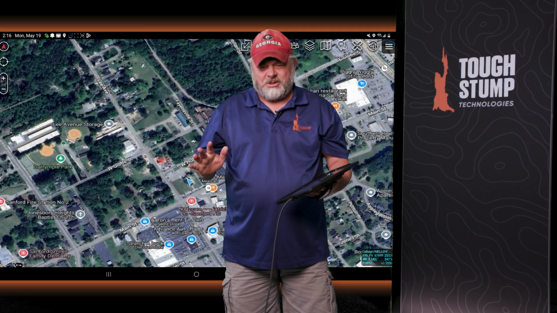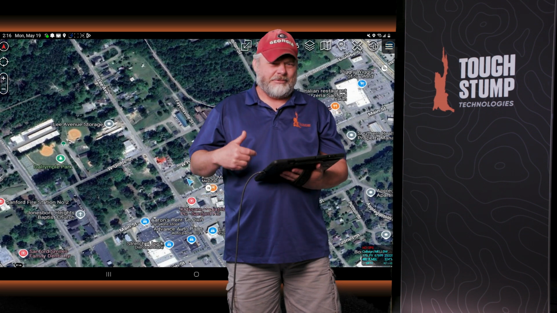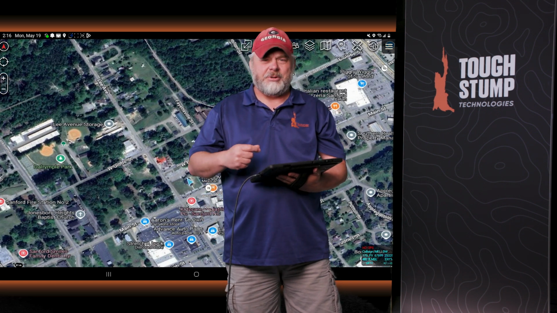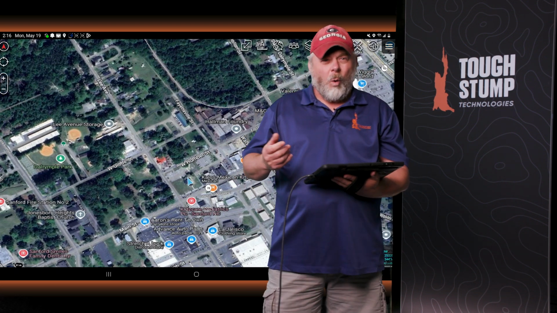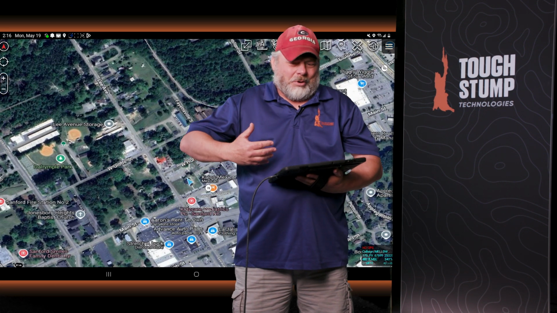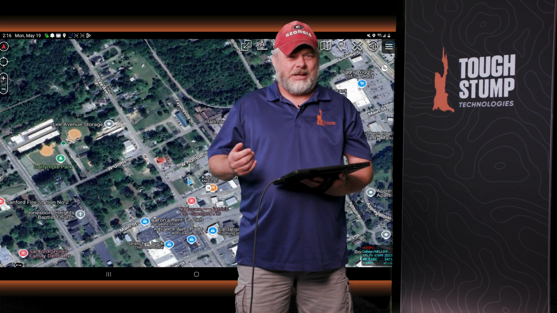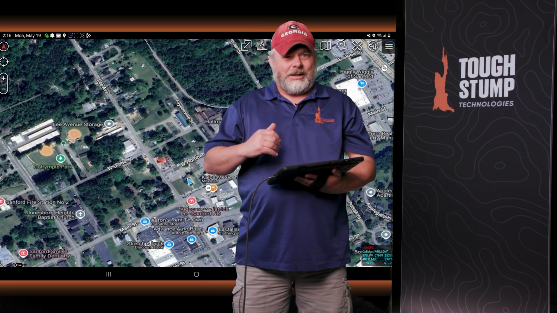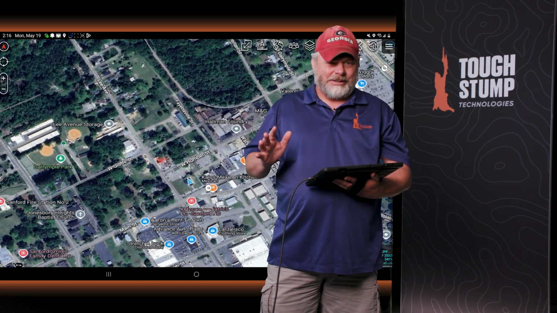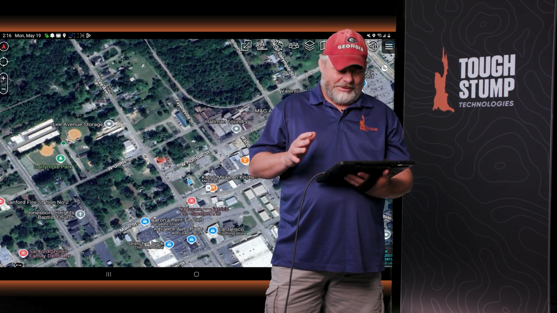How many times have you been in a situation where somebody gives you a coordinate and you need to plot where that coordinate is quickly and accurately? Or you're so used to working in MGRS, somebody decides to give you a coordinate in a lat long format. Well, I'm going to show you the perfect plugin to help you out with this, and it's called the